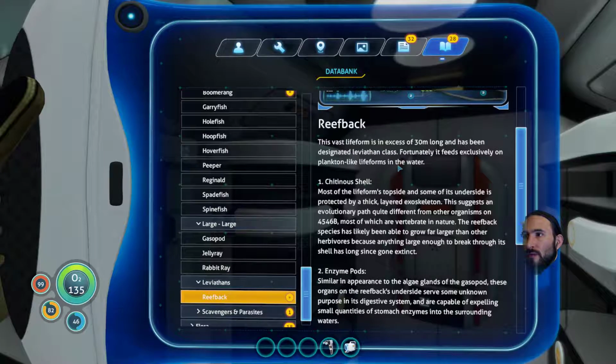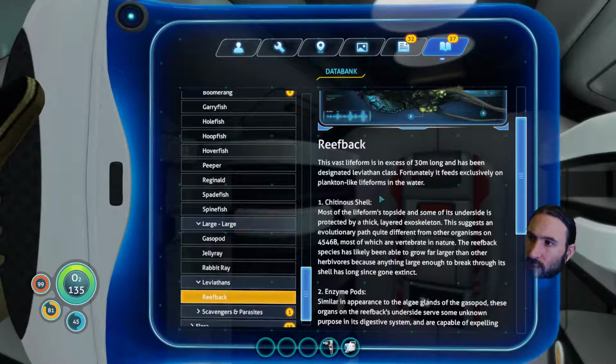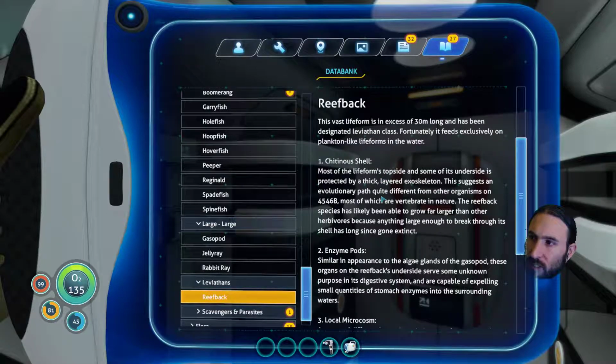We've only seen the reefback. Well, it's the only one we've scanned, at least. This vast life form is in excess of 30 meters long and has been designated Leviathan class. Fortunately, it feeds exclusively on plankton-like life forms in the water. Number 1. Chitinous shell. Most of the life form's top side and some of its underside is protected by a